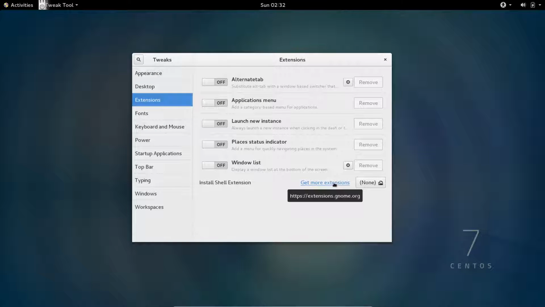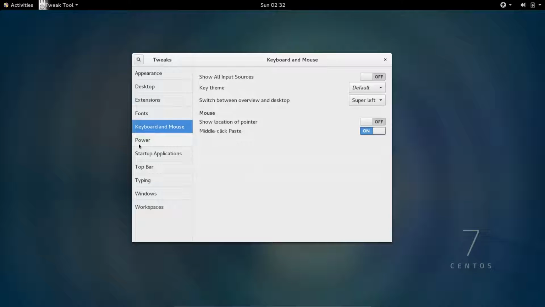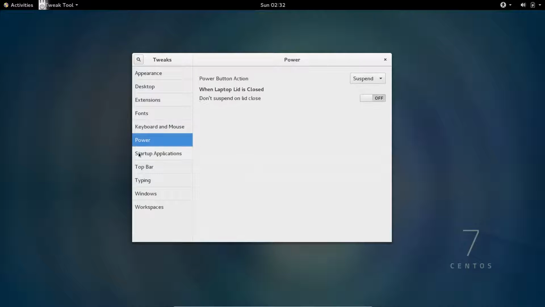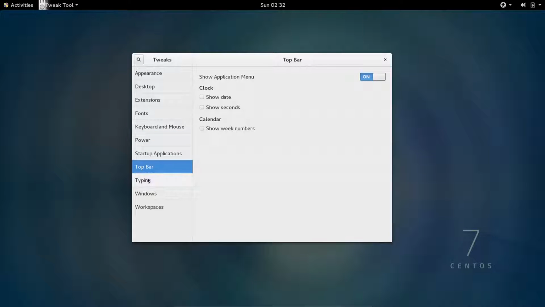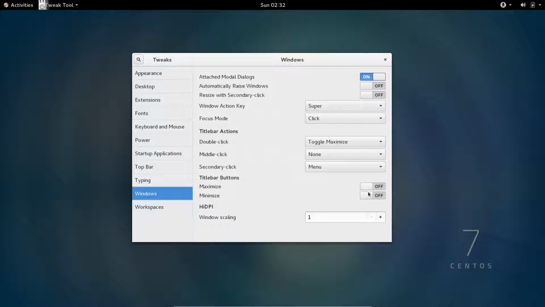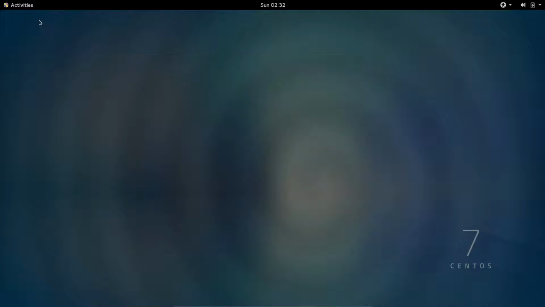We can get more extensions if we want to. We already adjust the fonts. Can decide what to do with power when the lid is closed. Here on Windows, what I wanted to turn on. There we go. Now I've got all three buttons, and I am going to close the tweak tool